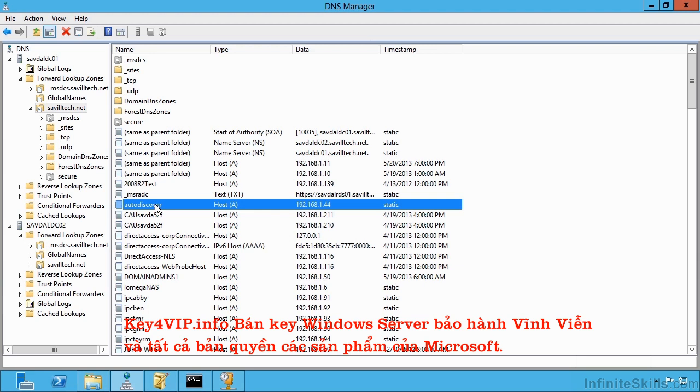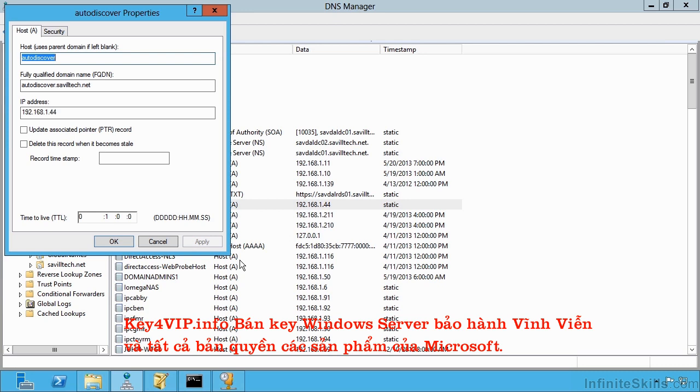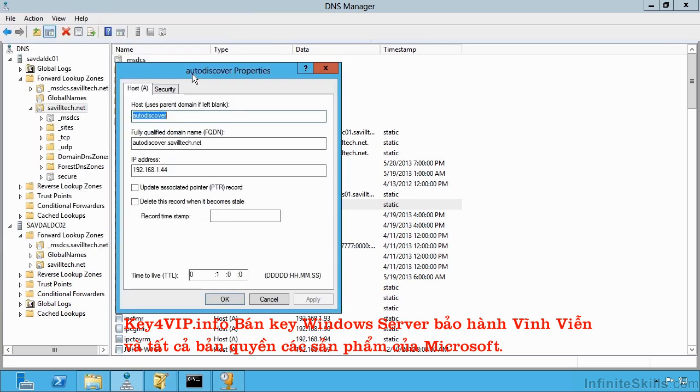192.168.1.44. And because this is part of a DNS zone, its fully qualified domain name would be autodiscover.saviltech.net. This is a statically created record. I manually created this, so it doesn't have a timestamp. But I can look at the properties, and I can see here the fully qualified domain name, a time to live. So the time to live basically tells other DNS servers and clients,